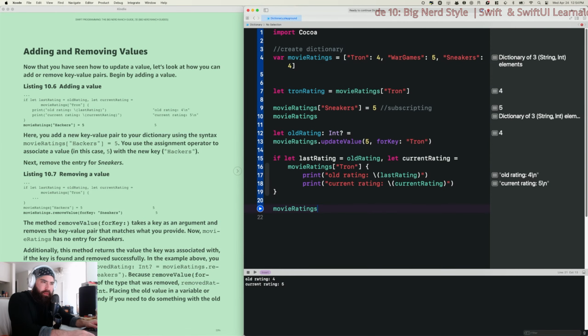Okay, so movie. Wait, where am I at? If let last. Oh no, I'm in the right spot. Okay, ratings, square bracket hackers. So this is an example of the subscripting again, and we're saying go update the hackers rating to 5, except there is no hackers in our dictionary. Here you add a new key value pair to your dictionary using the syntax